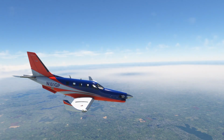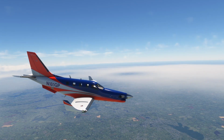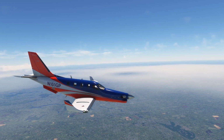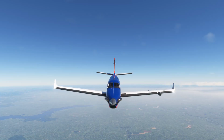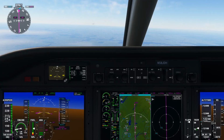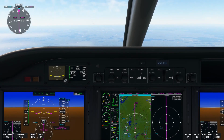Definitely, looking at this right now, it's kind of a good sharp descent. Not too much, but I'll say a good bit. What do you think? But anyway, we're descending to 1,000, and